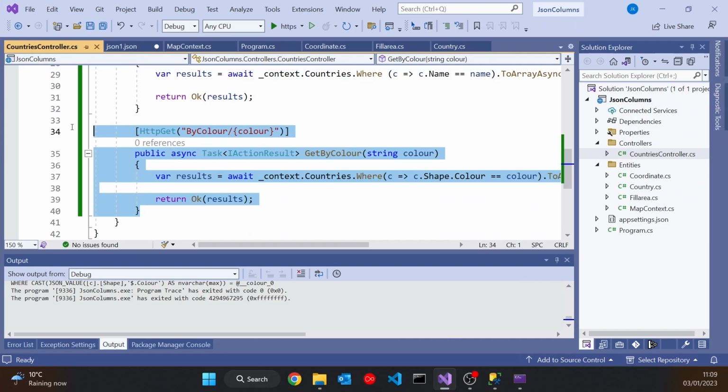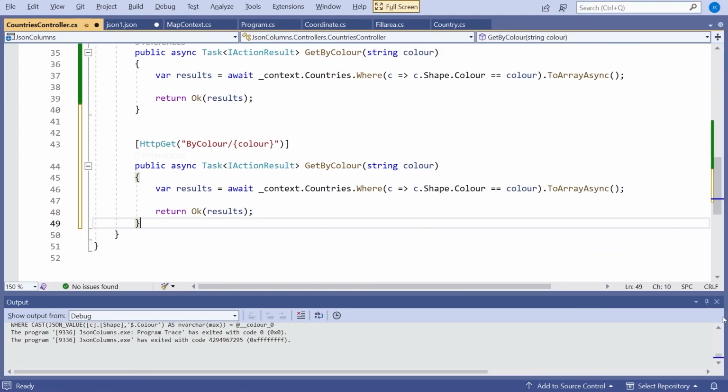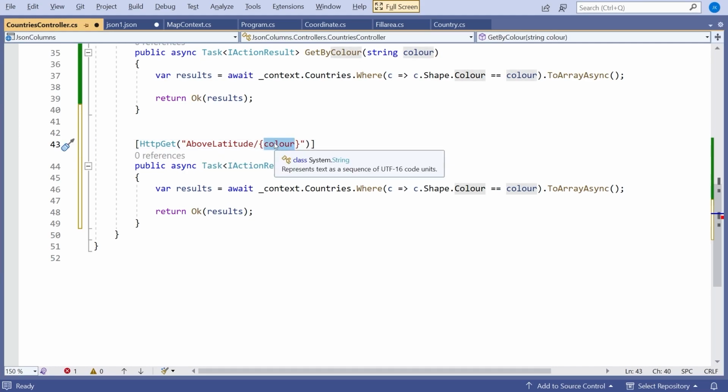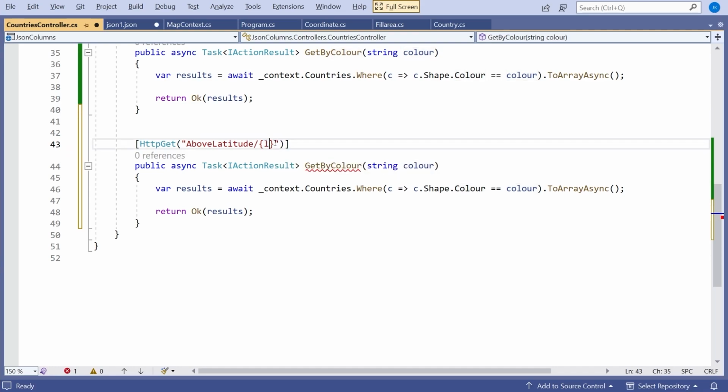Now, something else you might think it'd be really nice to do here, and you'd be right, it would be nice to be able to do it, would be if we could actually not just filter on the basis of that color information, but actually get into the coordinates and filter on those values. So what if we could have something like this? Let's have another HTTP GET. And what I'm going to do here is call this above latitude. So what I'm going to do here is have the ability to select any country that has any coordinate greater than a certain latitude. A little bit of an odd thing to do, but it will just show what's happening here. So we'll make that latitude a double, and then let's put above latitude in there, double latitude,